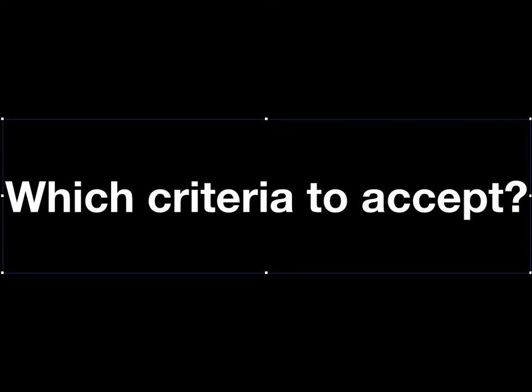So the question is, which criteria do you accept? You have to remember, this is a balancing act. If the criteria are overly strict, there is the risk that when somebody meets the criteria for pregnancy failure, it may indeed be an early intrauterine pregnancy that's viable. On the other hand, if we accept the criteria that the authors of the New England Journal article are recommending,